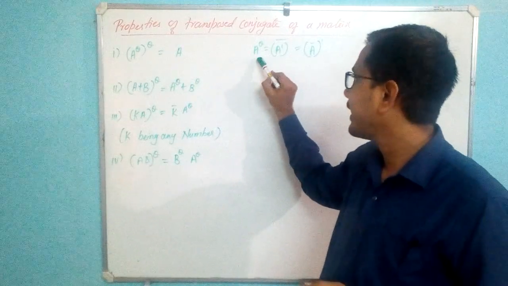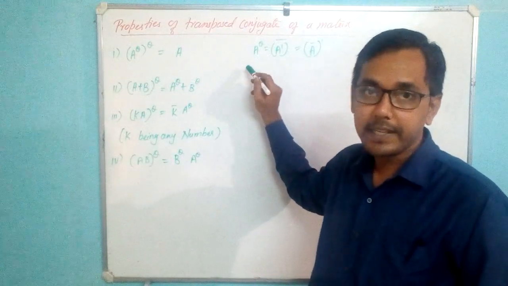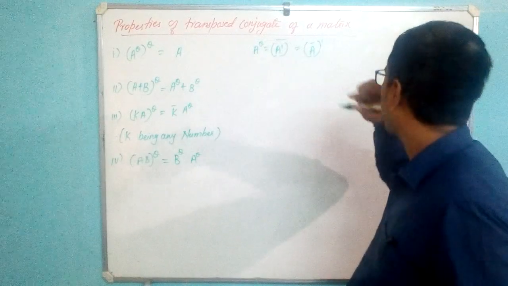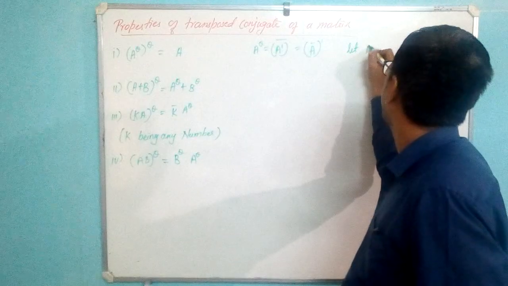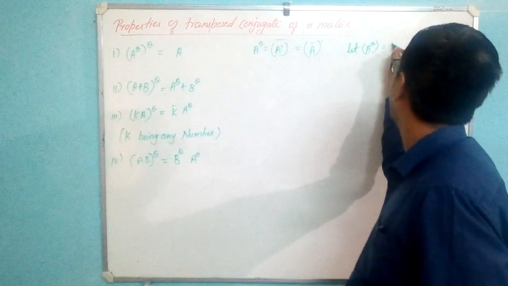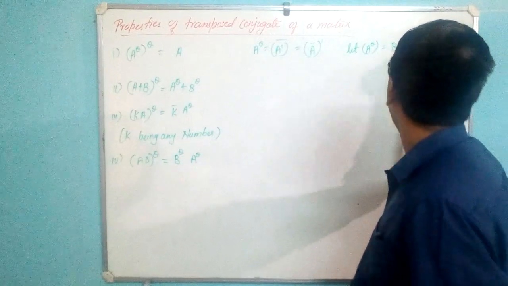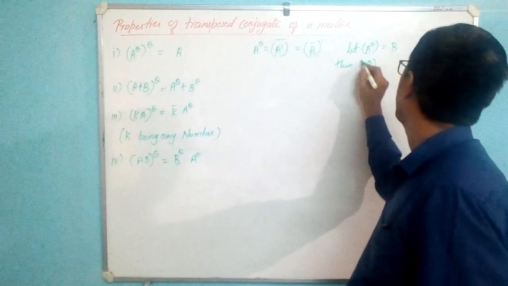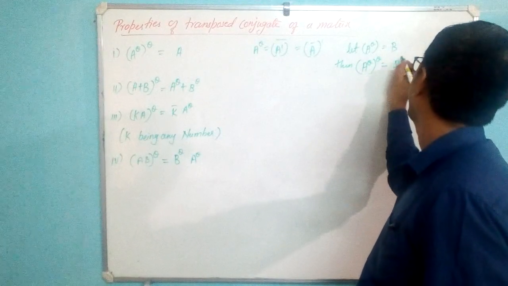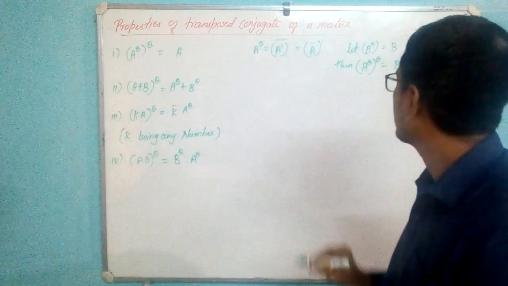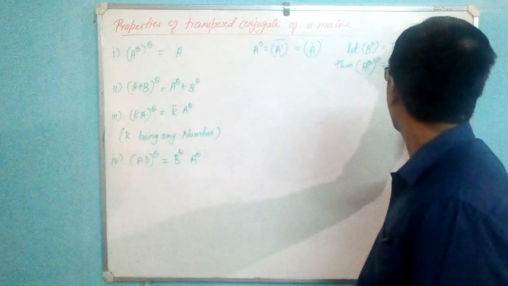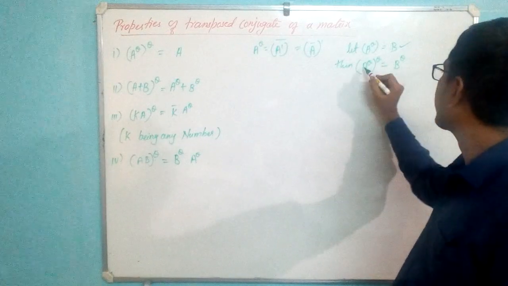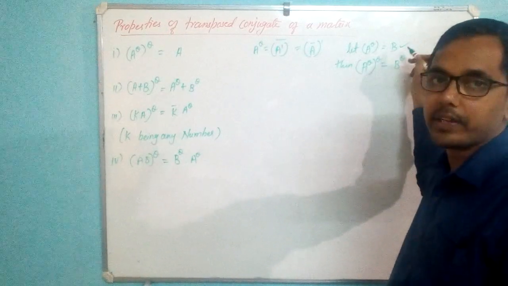First calculate this A theta, right? Then when A theta is there, consider this as a matrix. Then once again for this, let A theta be equal to B. Then I can say A theta to the power theta is nothing but B to the power theta. So whatever matrix you get as A theta, if you consider it as B, then A theta whole theta will be B to the power theta.